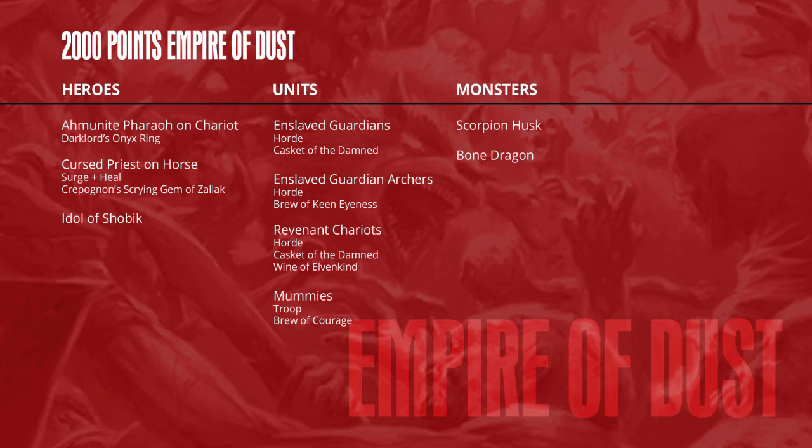So, Spoonie, myself, I'm running the Empire of Dust. I have a horde of Enslaved Guardians with the Casket of the Damned, Enslaved Guardian Archers. That's a horde with the Brew of Keen Eyeness, which gives them +1 to hit for their ranged attacks. A horde of Revenant Chariots with Casket of the Damned, and they have Wine of the Elven Kind, giving them the Nimble special rule. I had the Pharaoh on a chariot with the Onyx Ring, which gives him +1 to his regen roll,